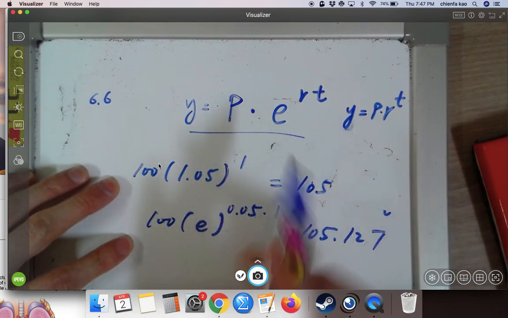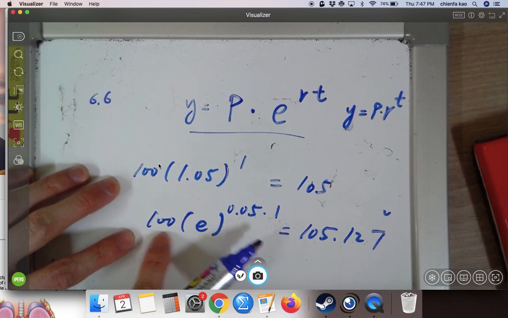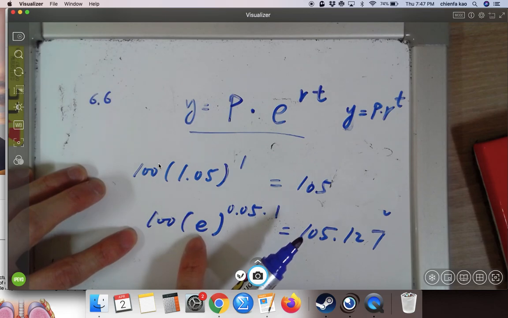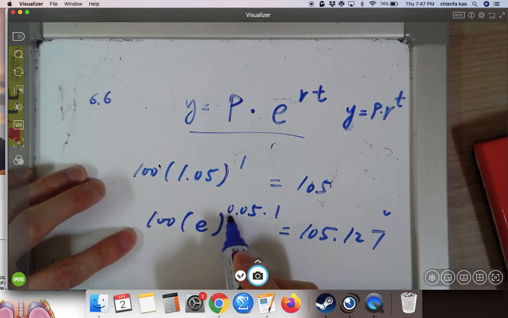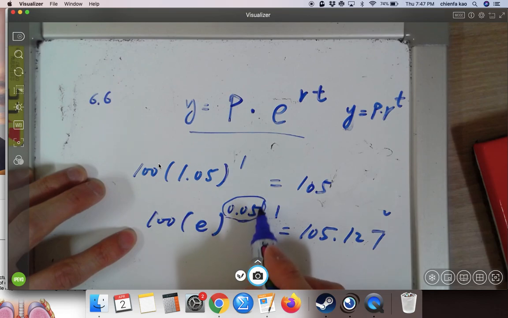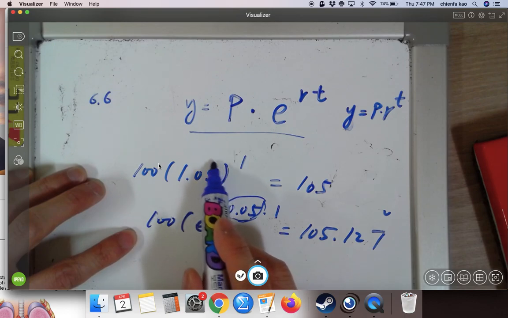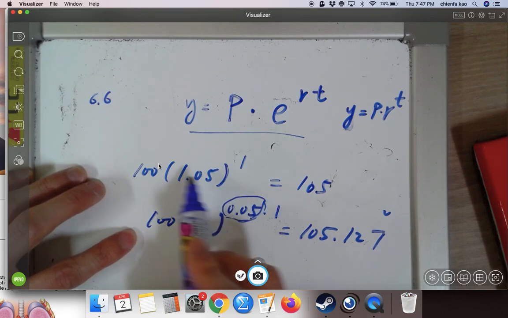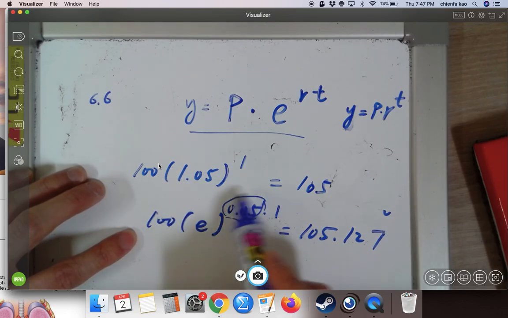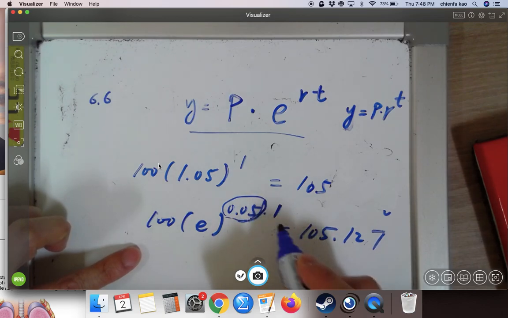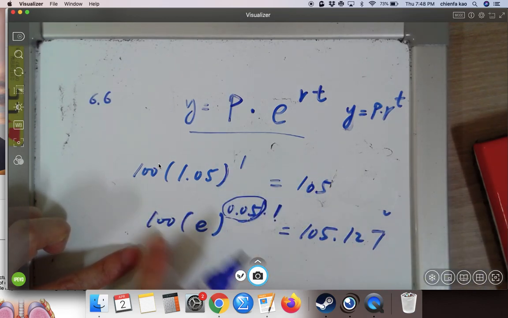You will need to write this down. You won't see it too often, but you will see it. This is the $100 principal. You use e. You can find that on the calculator. To the power of your interest rate. This time, please notice, it's not 1.05. You only consider the rate itself, without the original 100%. You're not keeping the 100%. This already takes the 100% into consideration. And then this 1 is 1 year, the time. By using this formula, you calculate this, and you actually get